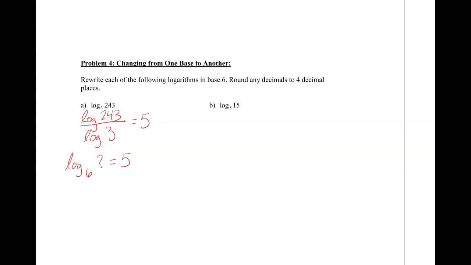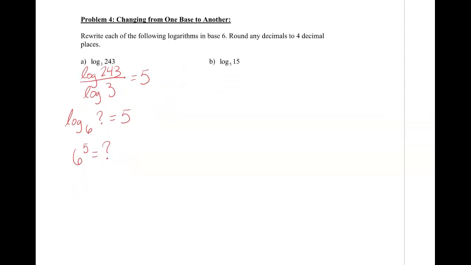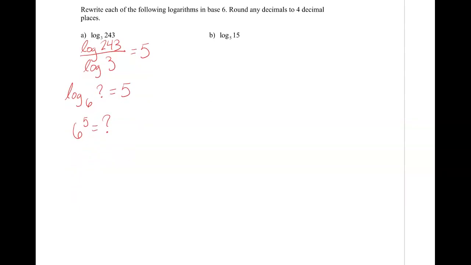Alright, so how the heck do I figure that out? Well, I would have to change that probably into an exponential. So again, changing that to an exponential, my bases should be the same. That exponent should now be a 5, should equal that question mark that I've got. Typing that into a calculator, that 6 to the 5th should give me